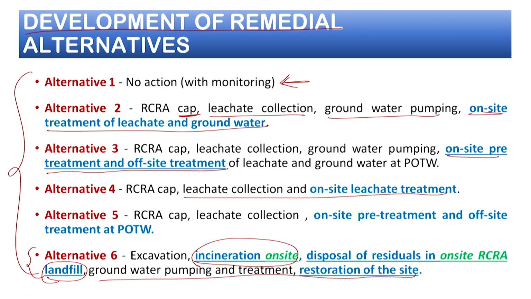So here, on one hand, you have the same kind of alternatives, which look at more or less pumping out the groundwater, having a cap so that the landfill will not be exposed to any rainfall or snow in that particular area, and again treating the groundwater. The other one is incineration of the relevant contaminated soil, and then disposal of residual on a landfill, again more costs, and again groundwater pumping and so on. So how do we go about choosing between different alternatives?